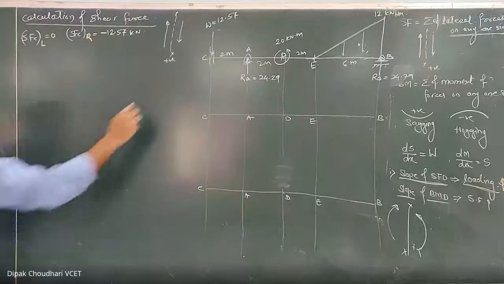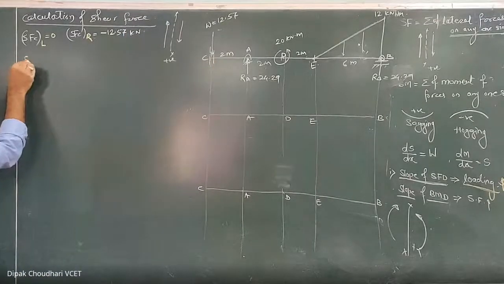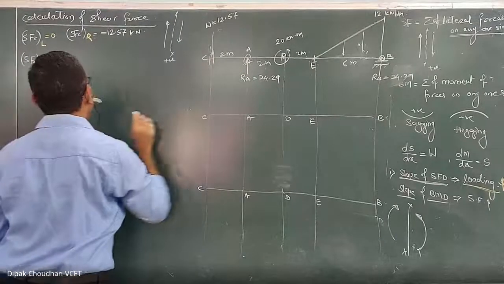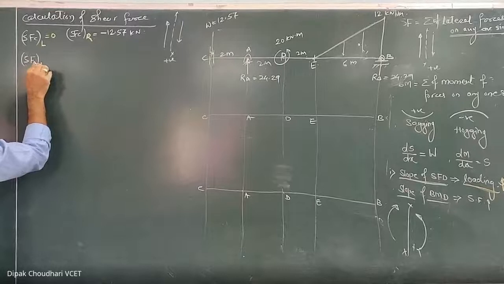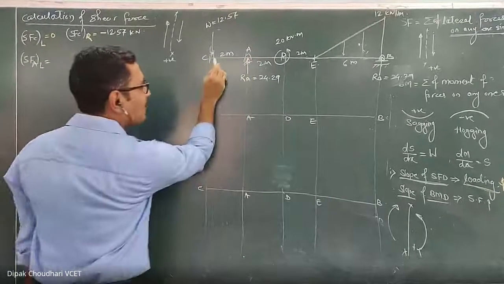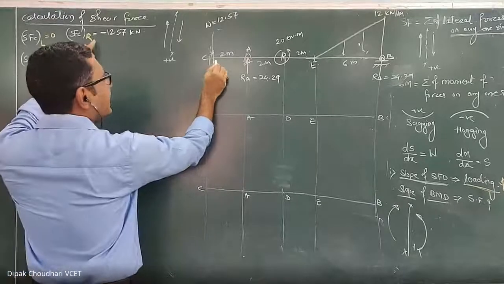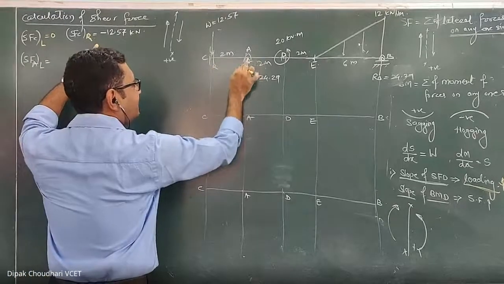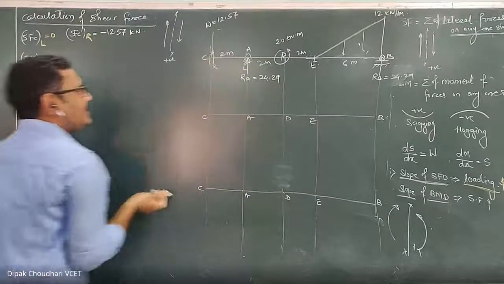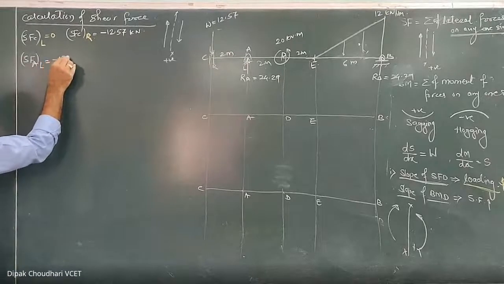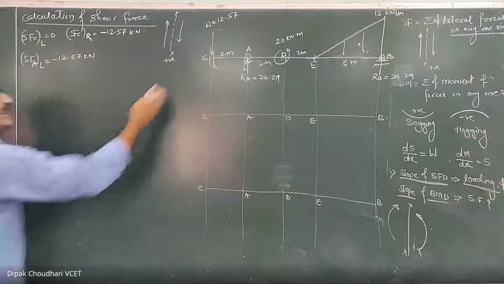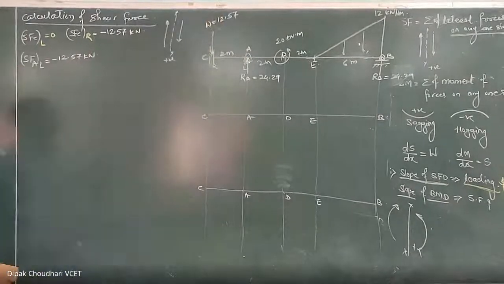The next, shear force at point A. Now, at point A also, there is a point load, this support reaction. So, there is a sudden change in the value of the shear force. First we will take the section on the left hand side. You will observe that between the section on the right of C and the section on the left of A, कुछ भी loading नहीं है. That's why shear force values remain the same. So, you can directly write it here, minus 12.57 kilonewton. If you take the algebraic summation of the forces on the left hand side, there is only one force, so यही आएगा.